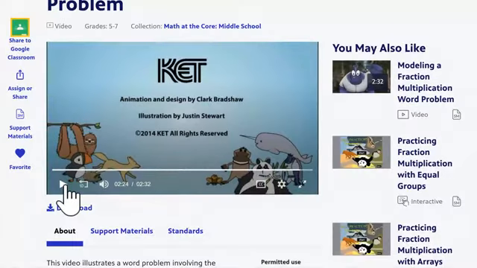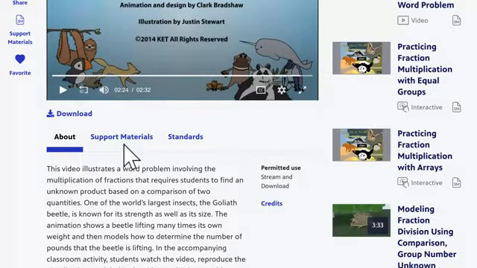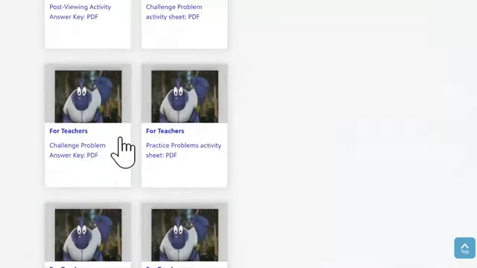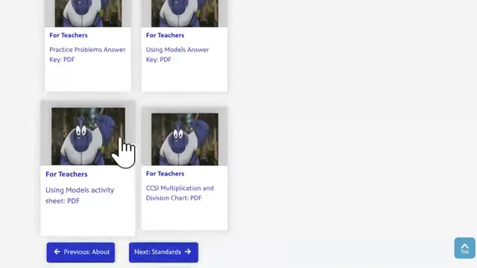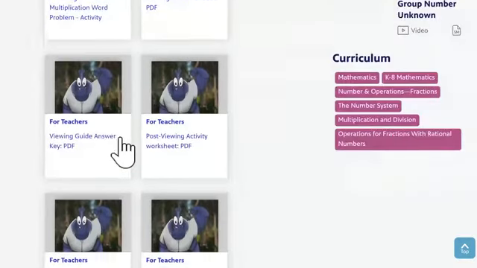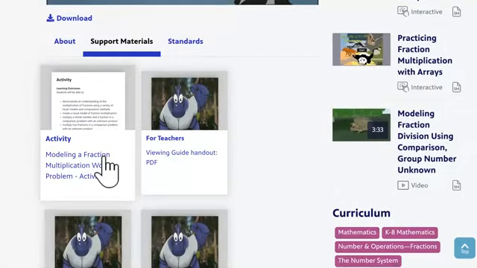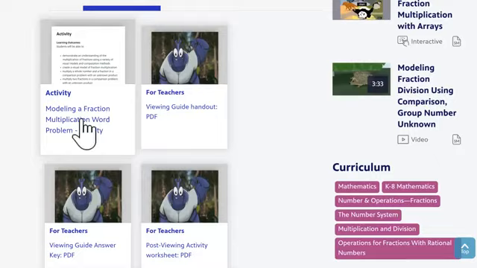Okay, the first thing I want to say about that is if that beetle can lift 7.5 pounds, he could lift a newborn. And that is the beetle I would not want to run into. You notice it left you with a challenge problem. And one of the things I really like about this resource is if you go under support materials, you see all these different things that it comes with for teachers, for students, and let's see.